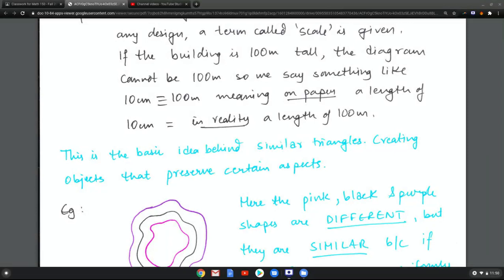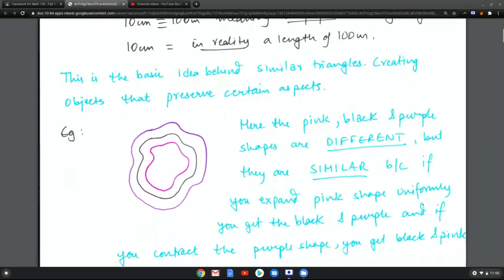This is the basic idea behind similar triangles or similar shapes, creating objects that preserve certain aspects. For example, here I've drawn three shapes: pink, black, and purple. The pink, black, and purple shapes are different. Definitely, they're different sizes, but you can say they are similar